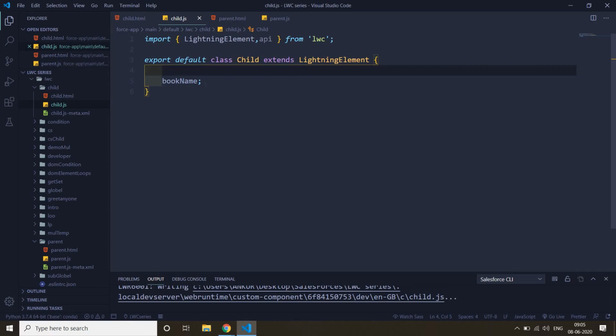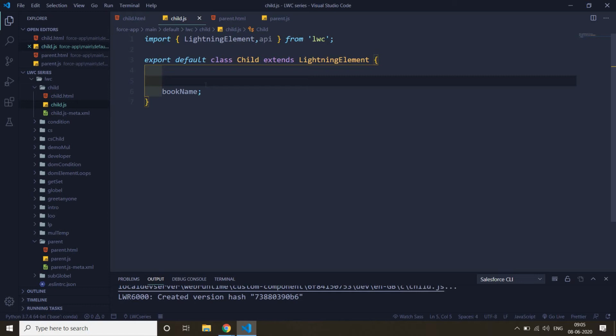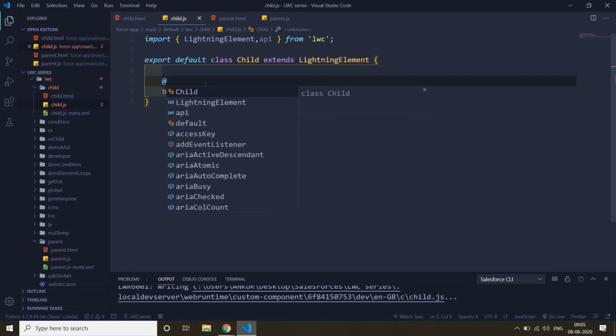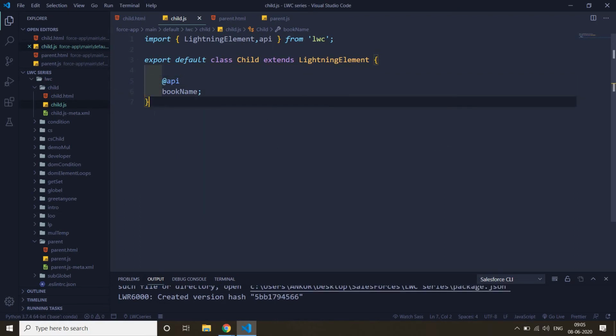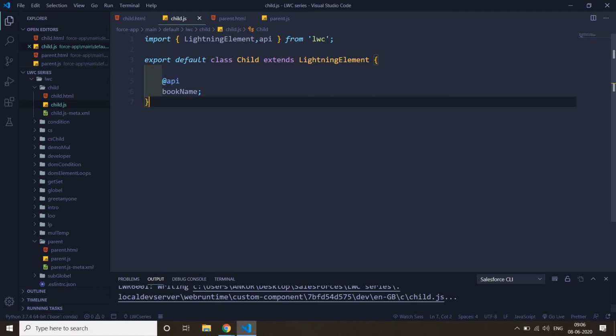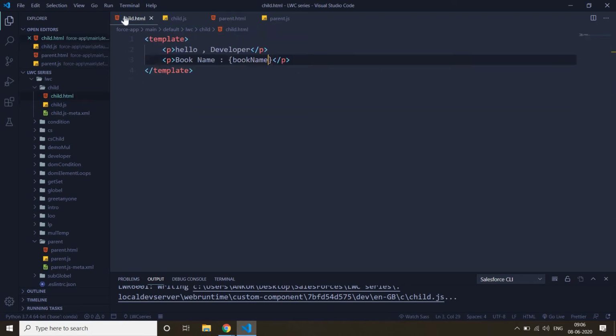So we need to make this property public. To make a public property we have the decorator @api. So now this property is a public property, so we can access it outside of our element.